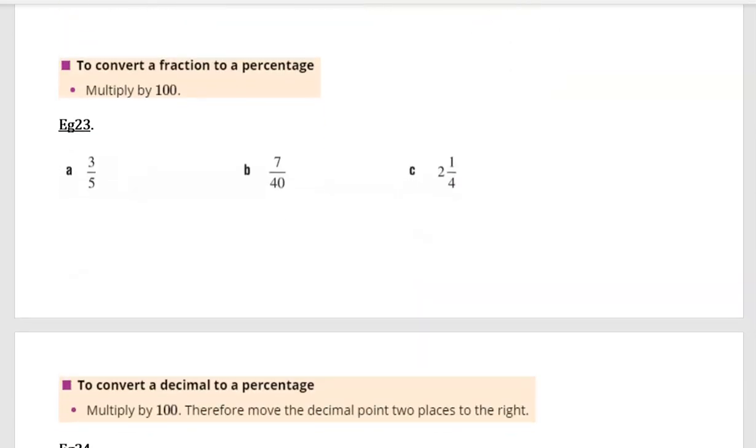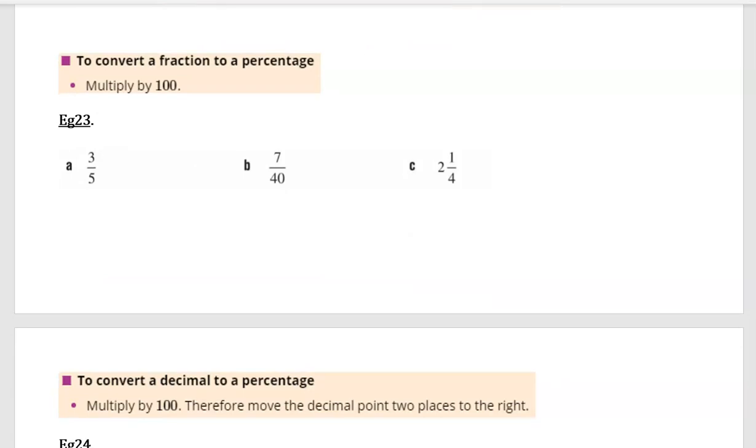To convert a fraction to a percentage, now we're having a great time, we have to multiply this time by 100. So 3 fifths times 100. We think of 100 as 100 over 1. We can do a little bit of canceling in here. 5 goes into 100 20 times, reducing that down to 1. 3 times 20 is 60. 1 times 1 is 1. Therefore, 3/5 equals 60%,